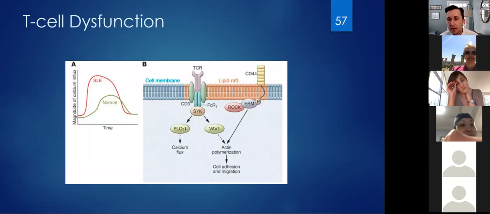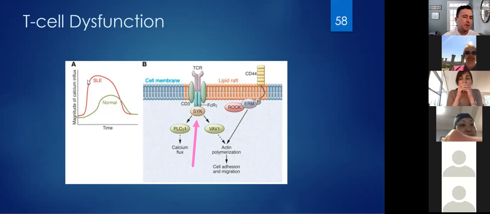Now, in lupus, the problem here is that the pathway in which T cells are activated is totally rewired. Now, it has to do with this SYK protein, which I'm not going to get into, but the point is, what happens is that T cells have a much lower threshold to be activated and either start releasing cytokines or start killing cells compared to normal T cells. And not only is there a lower threshold for them to get excited, they also get excited to tissue that should be recognized as normal tissue and not foreign.